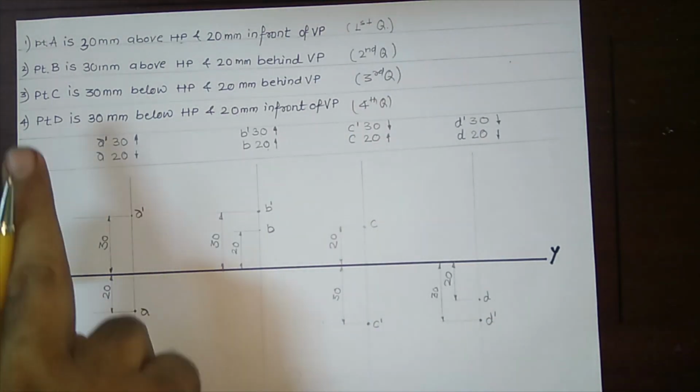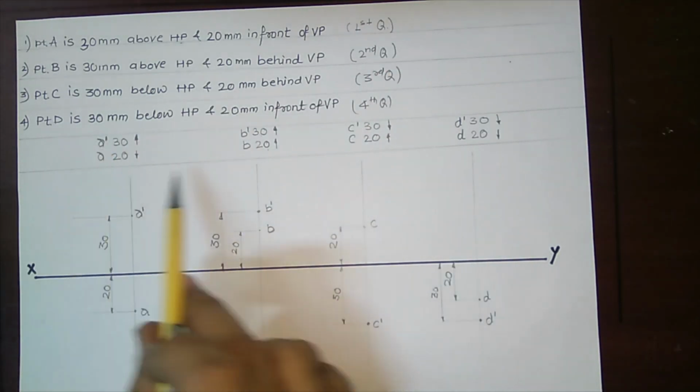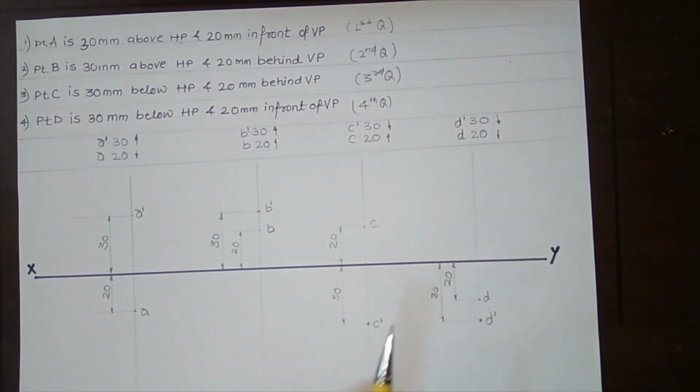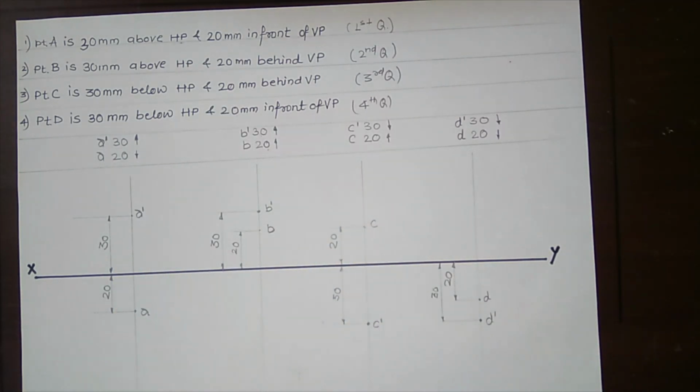So basically, when we read this information, we should be able to write the information in a shortcut manner. Okay, this is a shortcut manner, and in the exam they will never ask you to plot the point. We are going to use this information for the next topic, that is projection of line, because projection of line starts with the first information called how to plot the reference point, and if you are not able to plot the reference point, you cannot solve that particular problem. So basically this is the first part.